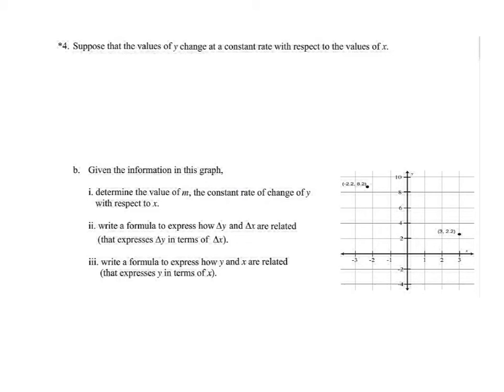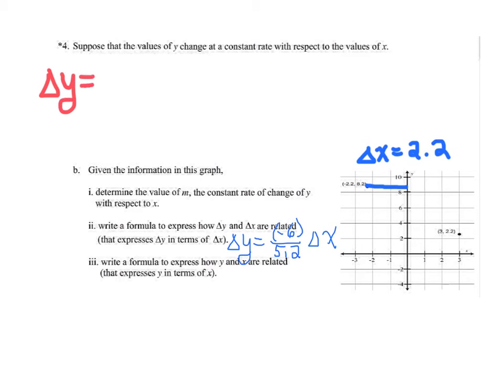So, what is the value of y when x is 0? We solved for this. We said that if we start at the upper left point and move until the x value is 0, we will change the x variable's value by a positive 2.2. Using this information for the change in x and our formula in Part Bii, we see that the change in the y variable must be -6 over 5.2 times 2.2. This is approximately